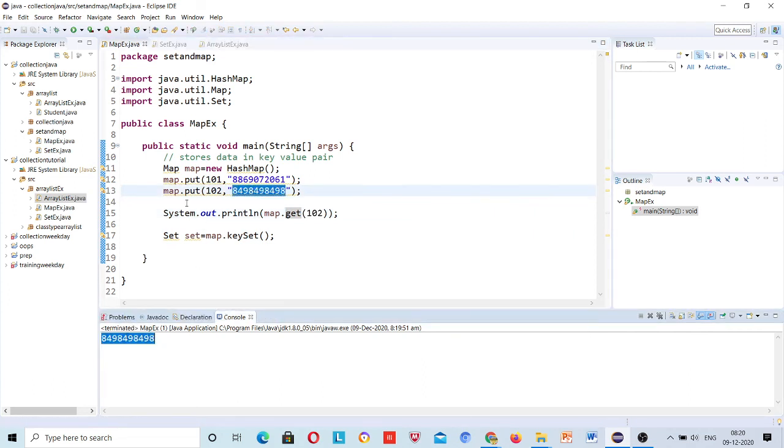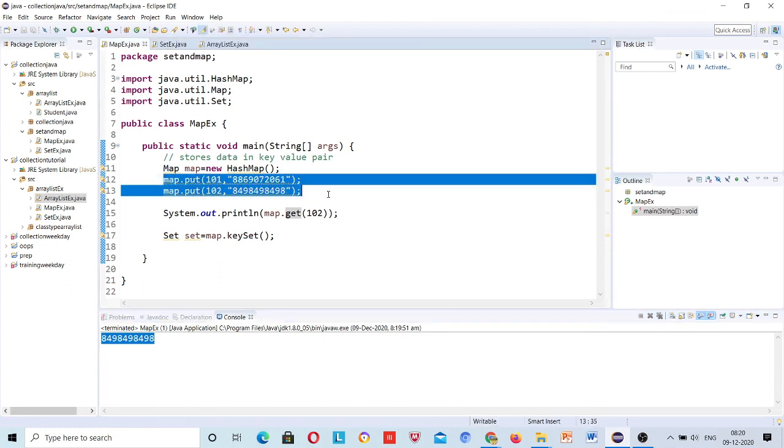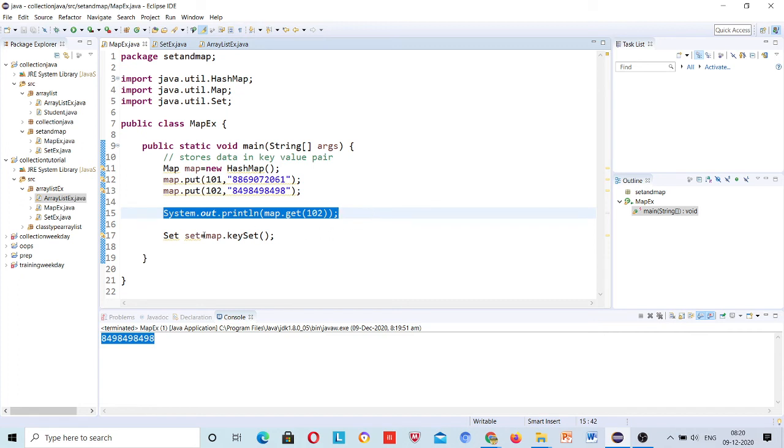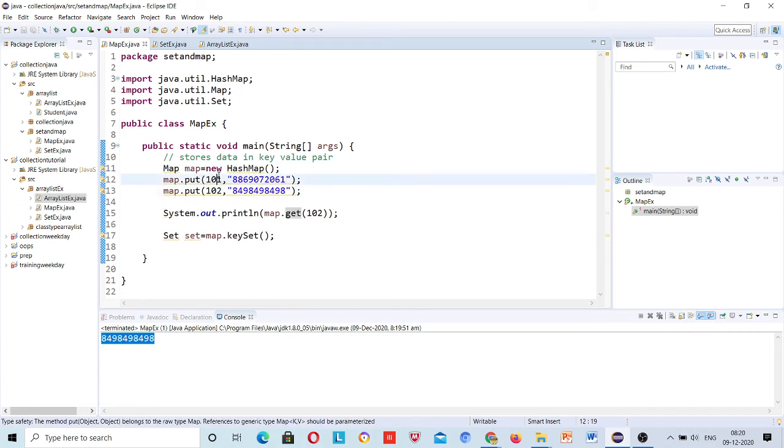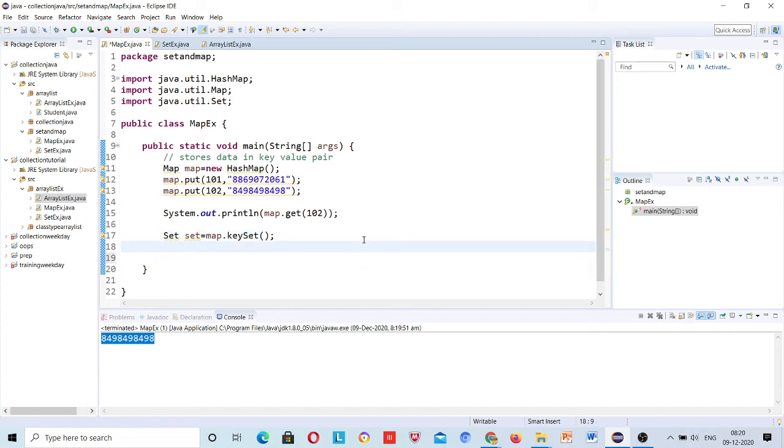But suppose I have 100 things, so I will write this line 100 times, no. So I will store all these keys somewhere, and one by one I can print them, right? All the keys are stored inside this set. Now I can iterate over the set. Just type a for each loop, and this set will copy one by one key to this object. So one by one every key will be copied.